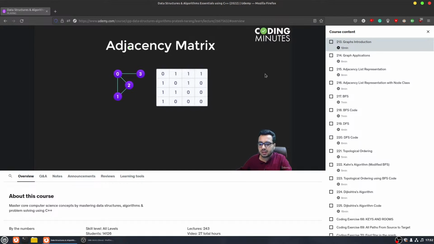Let's talk about another representation that is known as adjacency matrix. If we have v nodes, we are using order of v square space to create a matrix, and this basically tells us whether there is a connection between any two pair of nodes or not. For example, I want to check if there is an edge between 2 to 1. So I will check 2 comma 1, does it have an edge, or I can check 1 comma 2. So yes, there is an edge from 1 to 2, and there is an edge from 2 to 1 as well. So we mark